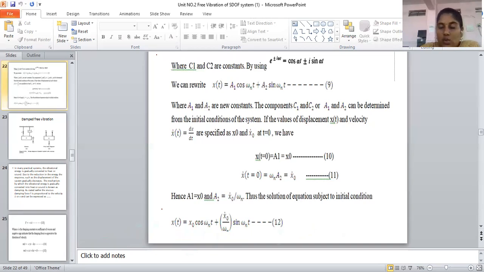Again, what is the cx dot? What is the mx double dot? What is this kx? I hope all of you have understood all these parameters. Now we'll move towards the next point, how to go for the derivation.